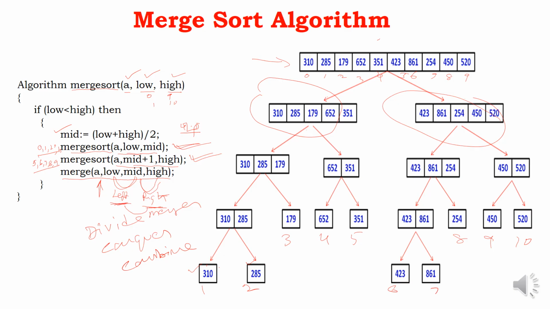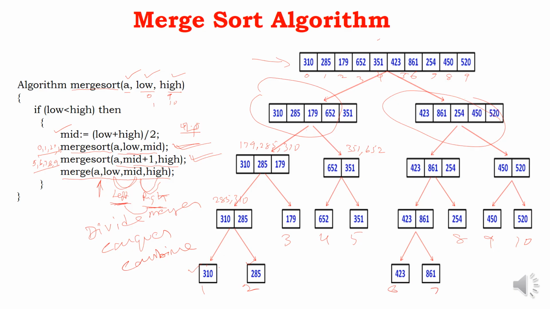Here in this fashion, I have an array and I have another array. These two arrays are merged together to form 285, 310. Here I have only one element. Now these two subarrays are merged together to form 179, 285, 310. Here 650 and 351. This is a smaller sorted subarray, and this is a sorted subarray. These two sorted subarrays are merged to form 351,